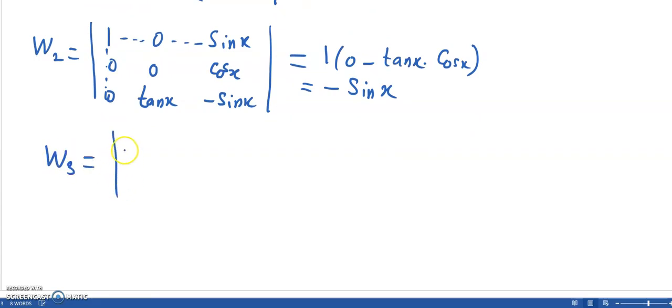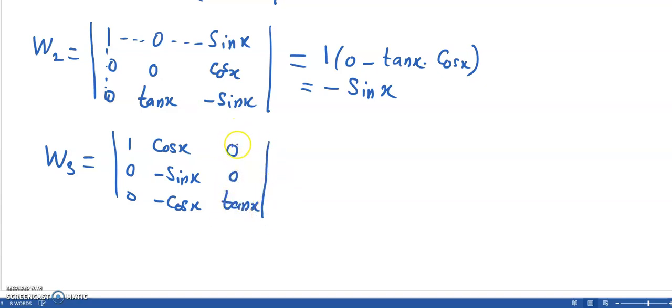W3, so it is 1 0 0, so y2 was cosine x, then minus sine x, and then minus cosine x, and then it is 0 0 tangent of x. Okay, so now we move here. For this, we can simply take the first row and first column, and the area of focus is sine x, 0, cosine x, and tangent x. So it will be 1 times minus sine x into tangent x,